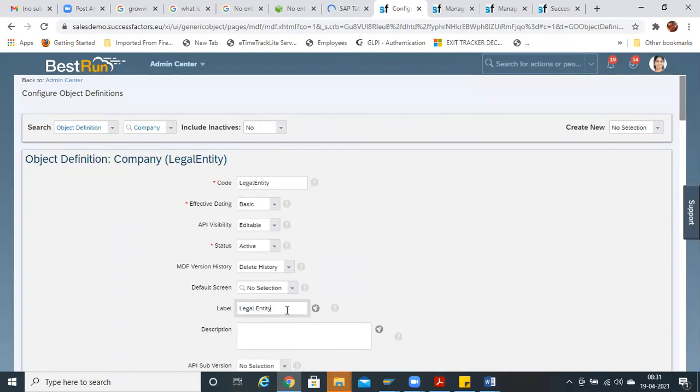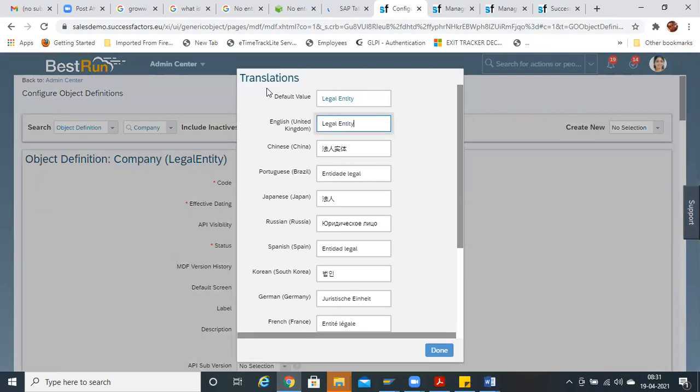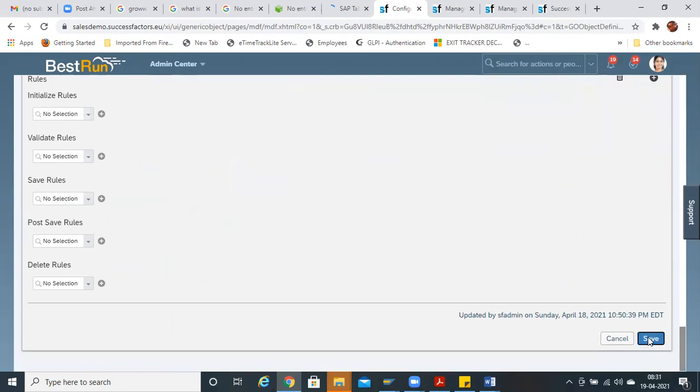And you don't have to mention it only here. Apart from this is the translation button. You have to click here, and in these two sections you also have to make sure, if you are working for any other companies, you can change all this. It is not mandatory to change all of this. In whichever country you are working, you may work in Portuguese, then come here and change it. That's it. Then done, then save.